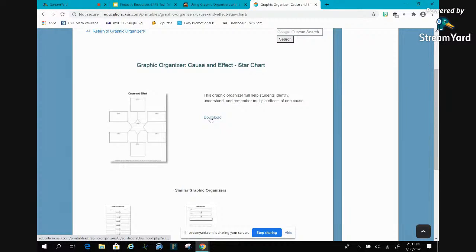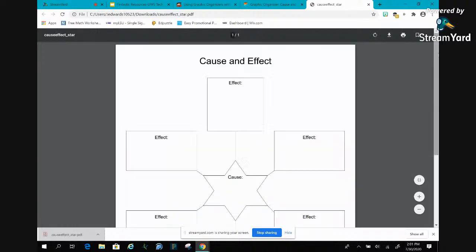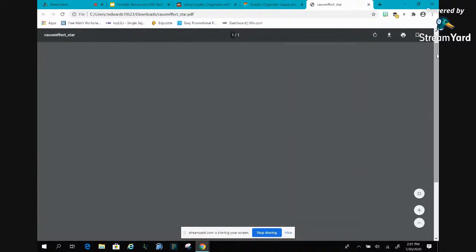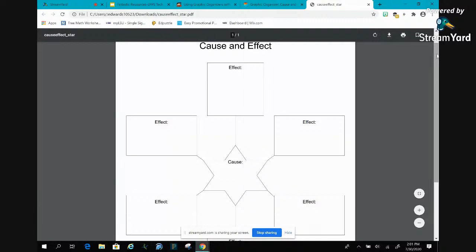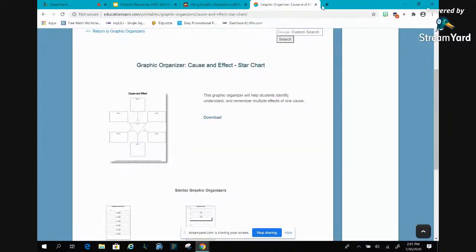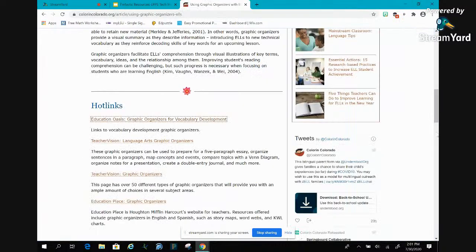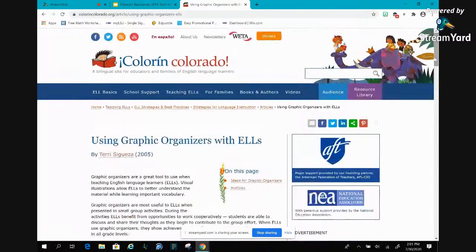You can click download and it should pull it up as a PDF. There it is for you to be able to print. So right here, the kids write the cause in the middle and the effects on the outside. So very cool, tons and tons of resources that you can use.